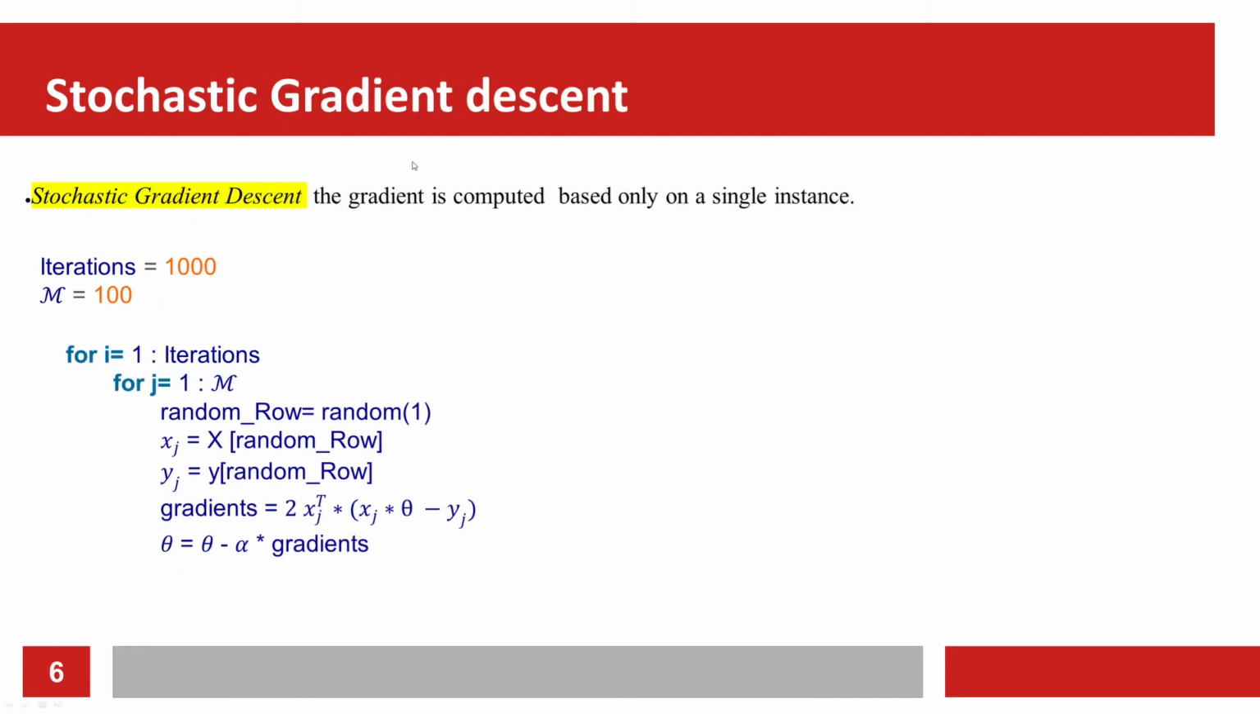The stochastic gradient descent, as we said, because the batch gradient descent is slow, the stochastic gradient descent is super fast. Why is it super fast? Because we update the parameters only on one single example. For example, we have 1000 iterations, and we have m, the number of examples in our dataset. Now, as you see, from 1 to iterations, from 1 to 1000, and from 1 to m, select randomly one row,